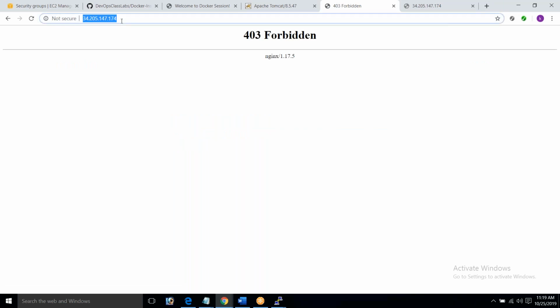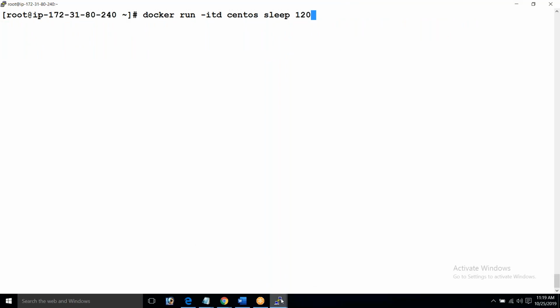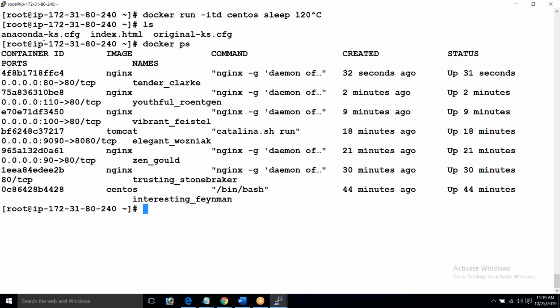Basically, if you look into this, apart from these files, I have other files as well. So the present working directory, it will by default pick up these values and all. It also copied this index.html. And you can do docker ps. I'll show you one last thing.